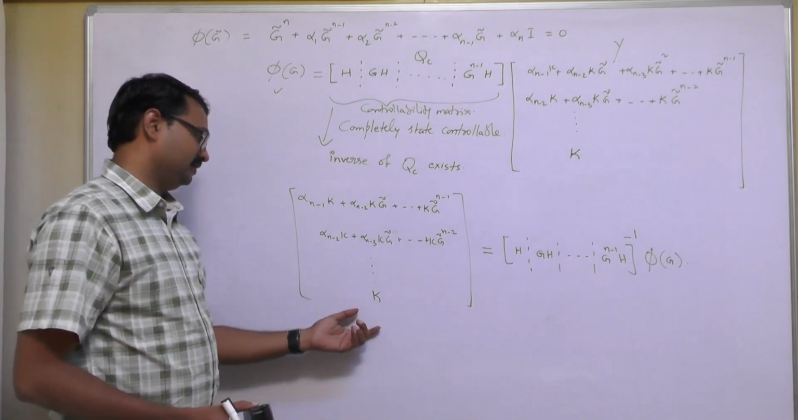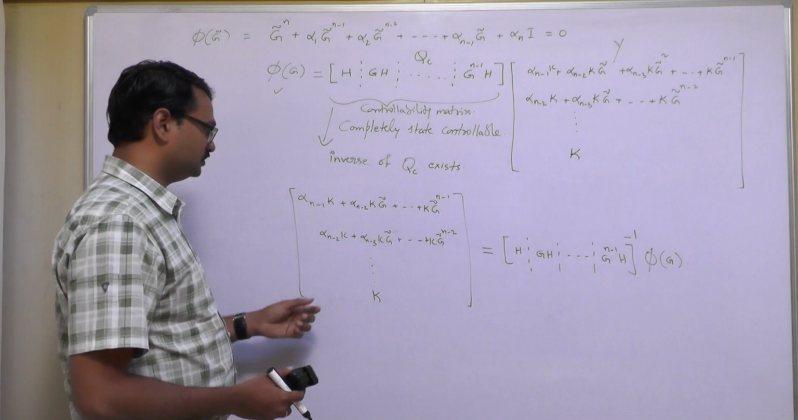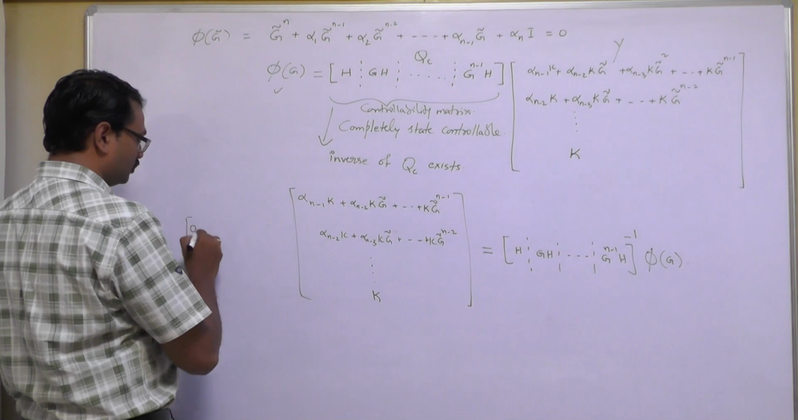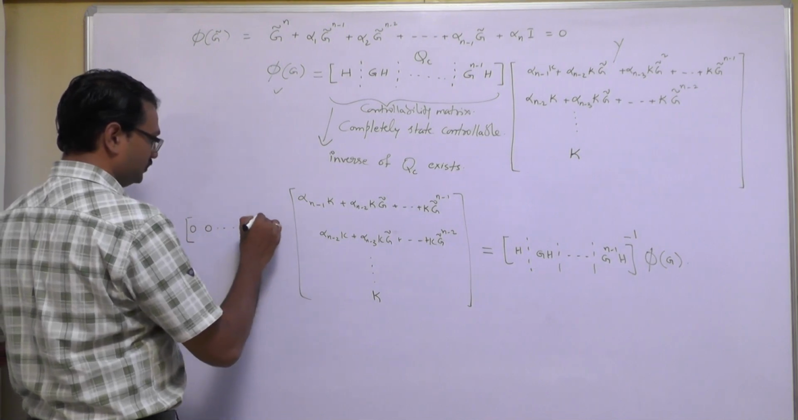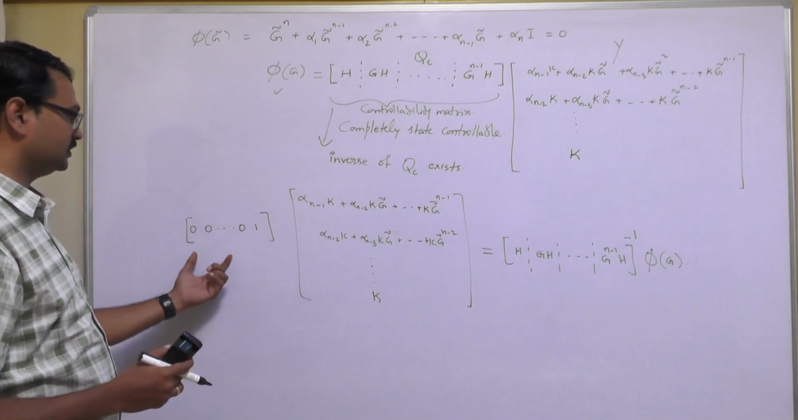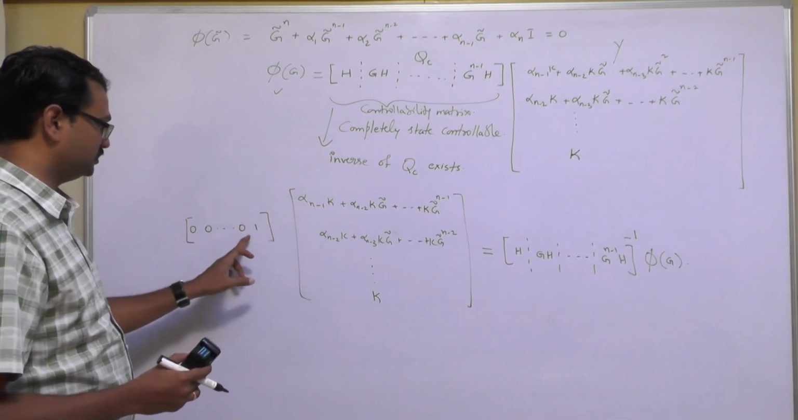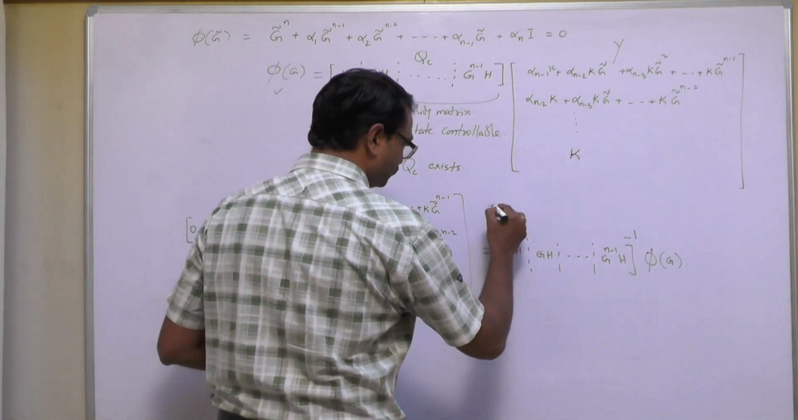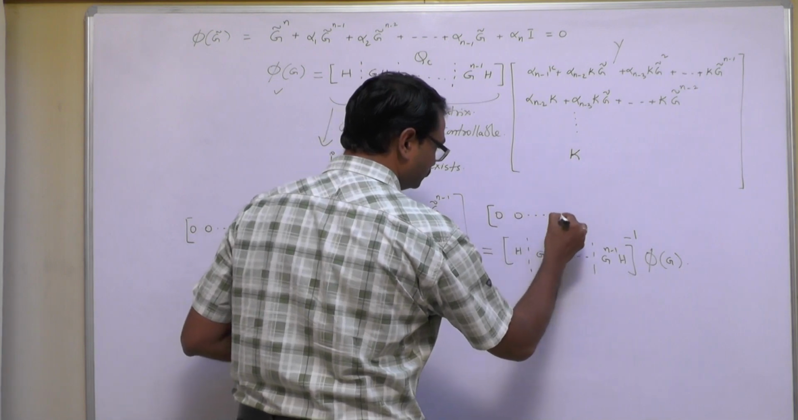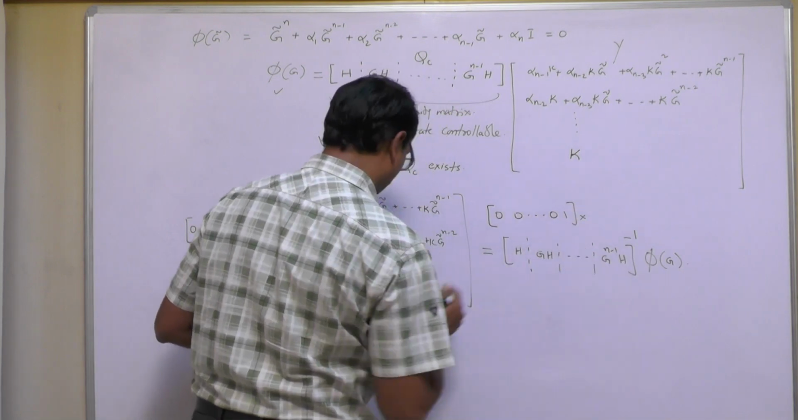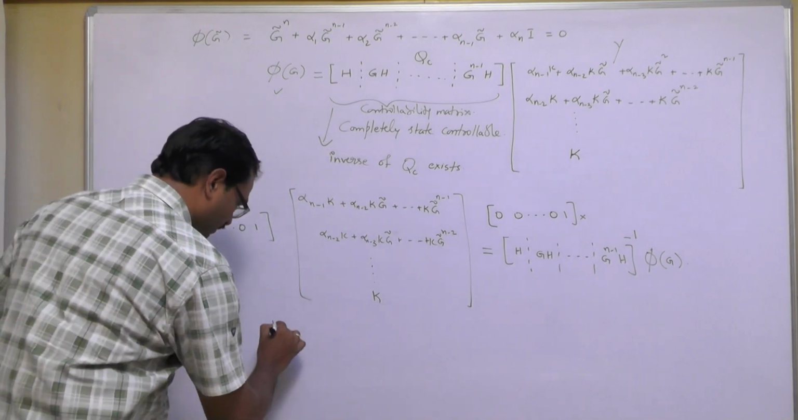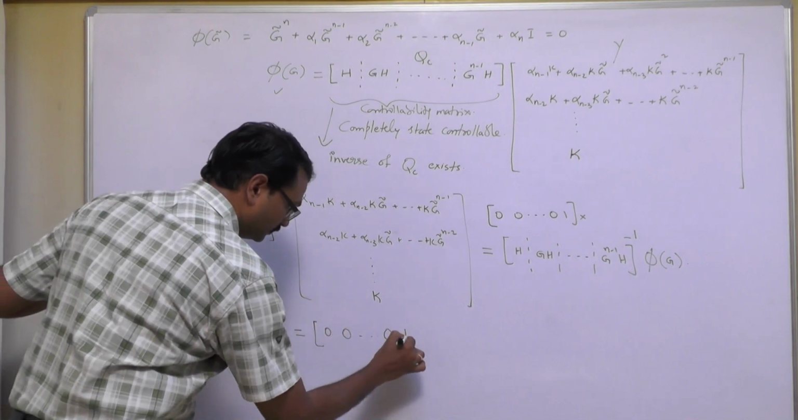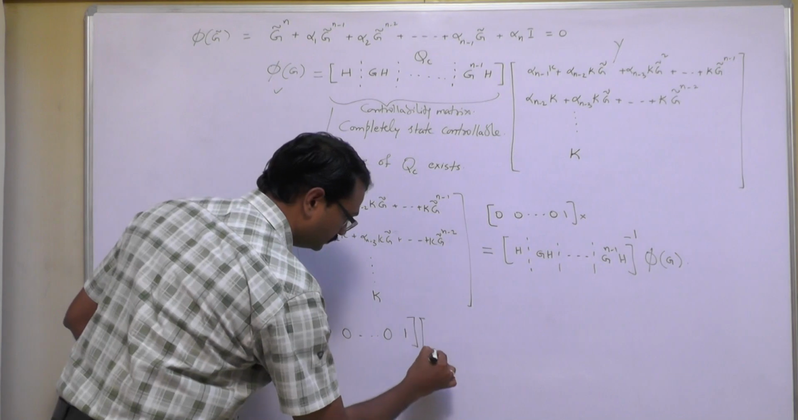Now I want only k. I don't want to work out on all these values, I want only k. So if I pre-multiply this with a row matrix of this form, then 0 into this plus 0 into this, 0 into this, and 1, so I get the left hand side as k. So I can pre-multiply 0, 0, 0, 1 into this one. So the left hand side we got, k is equal to 0, 0, 0, 1 into H,